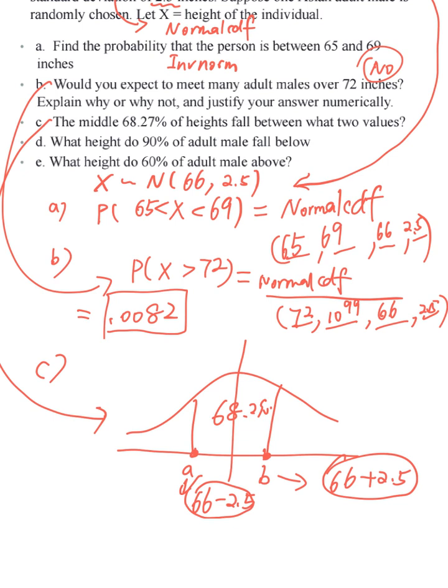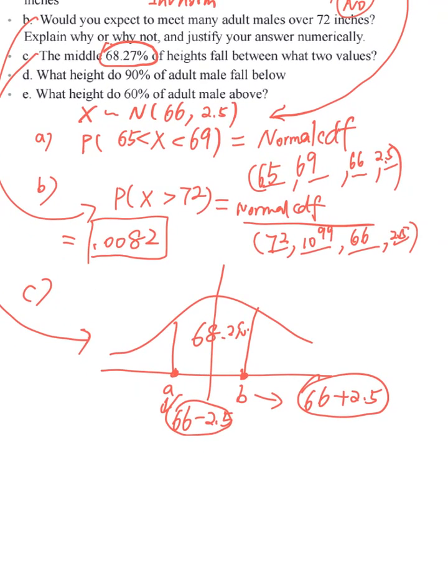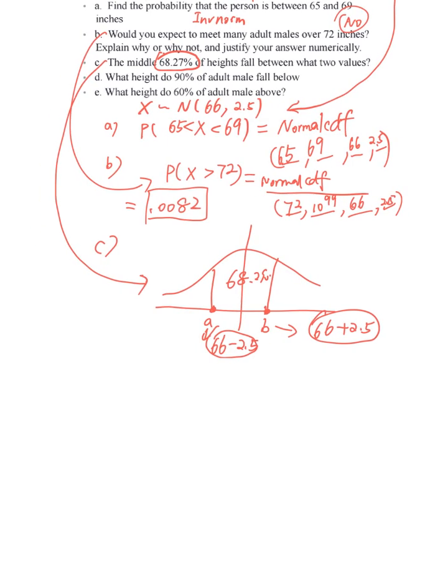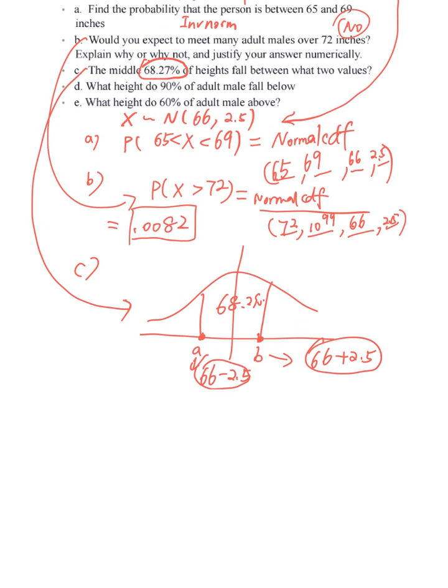And this question gives us a special percentage. If it gives us 68%, 95%, 99.7%, we could use the empirical rule. If I change this question a little bit, how about I call this one C? This is question C. How about I revise this question a little bit and give you C plus? Okay, so for question C plus, if I change this to the middle,